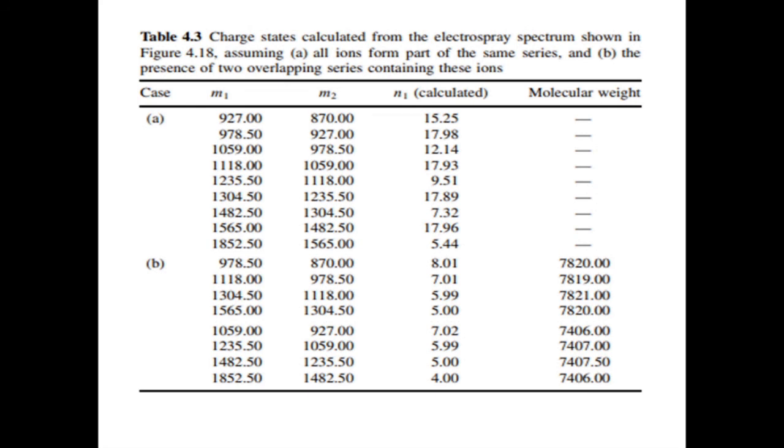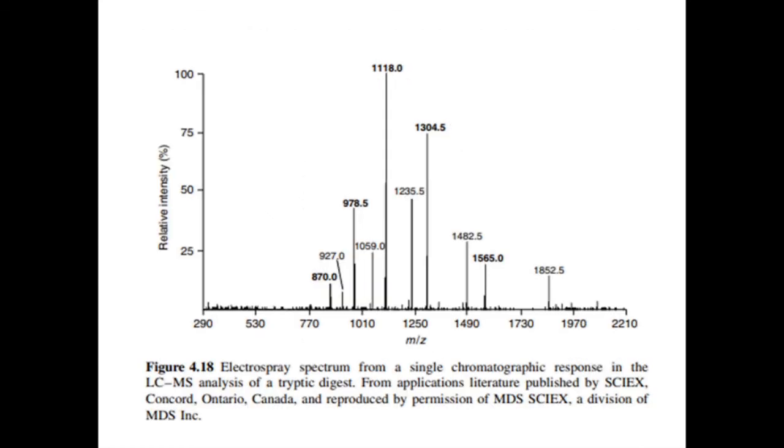The intensities of the ions observed in an electrospray spectrum usually show an approximately Gaussian distribution. The spectrum given in figure 4.18 does not show this, but rather an alternating increase and decrease in intensity, and this should immediately alert the analyst to the fact that the spectrum warrants further examination.